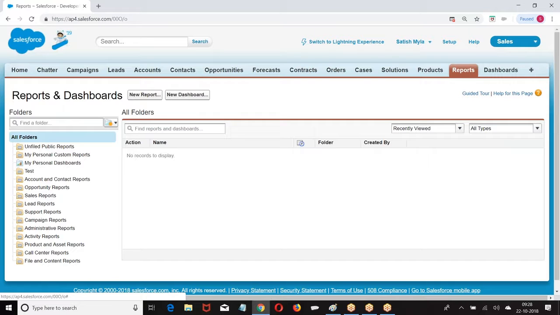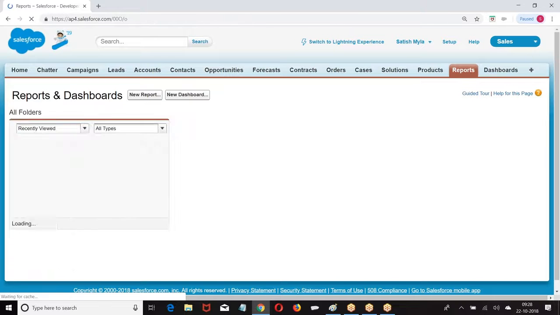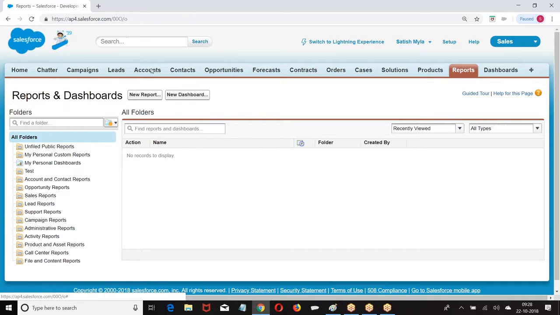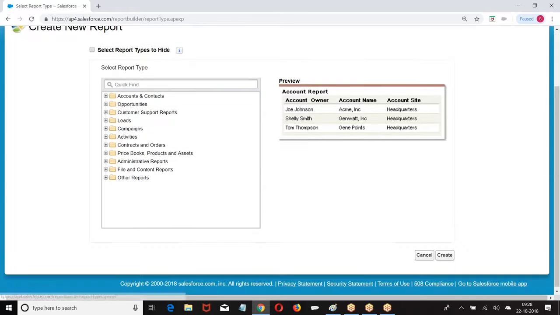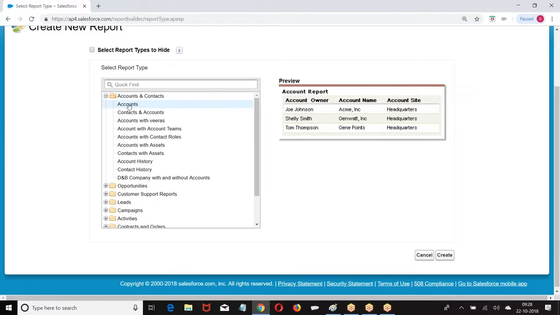Okay. Now let us go to the next one. What is the next one we had here? Creating a report. Reports, new report. All these are what? Report folders. Standard report folders. Now go back to this. Now standard report type. What is the report type you are trying to choose?